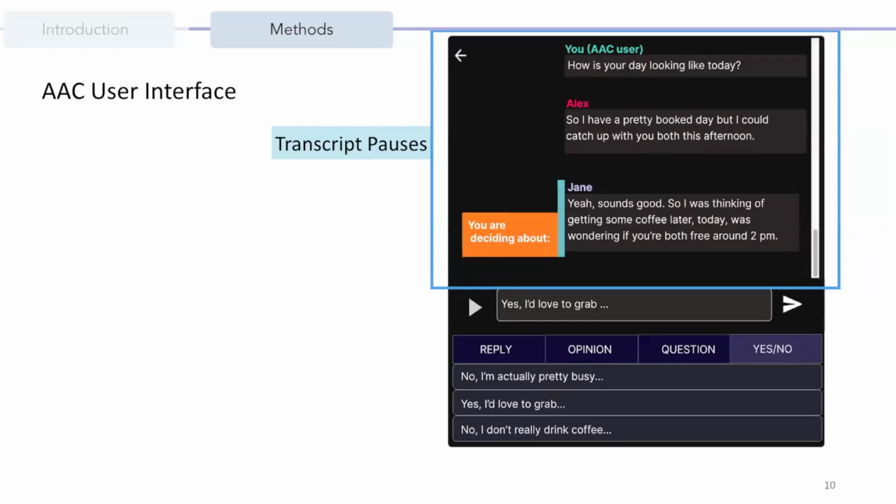Both the AAC user interface and the conversation partner user interface have the ongoing transcript of the conversation, but the AAC user interface has a transcript pausing functionality. The AAC user can either start typing or manually pause the transcript with the pause button, which will automatically pause the transcript for both them and their conversation partner. This will help signal to the conversation partner that the AAC user is responding to a certain part of the